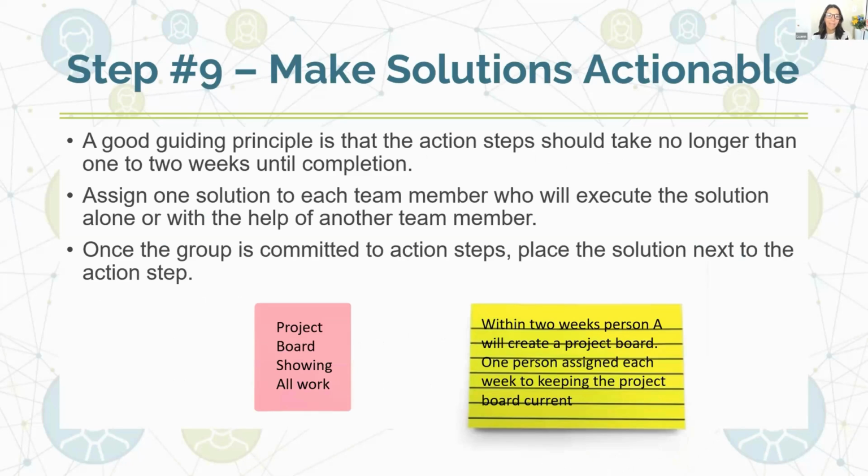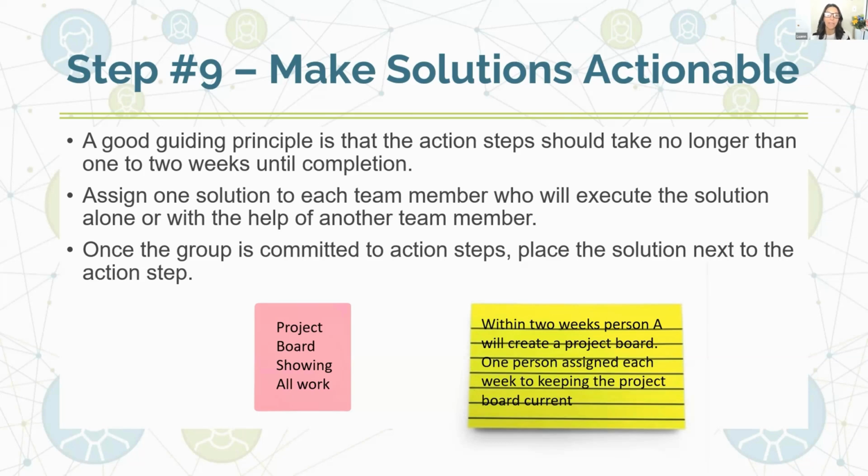All right. Now you're going to make the solutions actionable. A good guiding principle is that the action steps should take no longer than 1 to 2 weeks to complete. Right. So if you're going to write a grant and send a grant out to get money to do something, that's not going to happen in 2 weeks. Okay. Somebody needs a repair done in a classroom, or a team member needs a resource, or a team member brings to your attention that they feel like your policy and procedures are out of date and that needs to be updated,